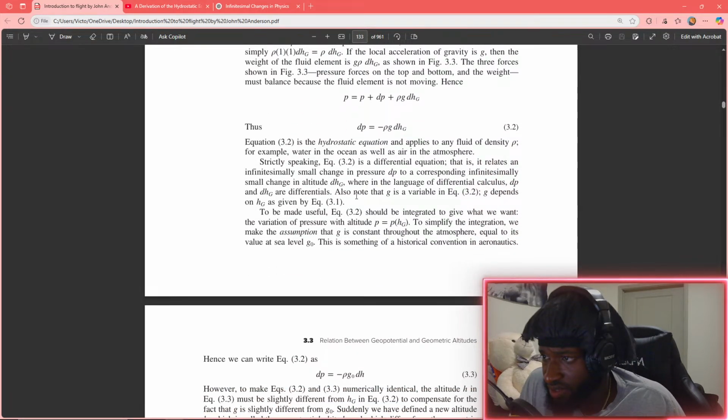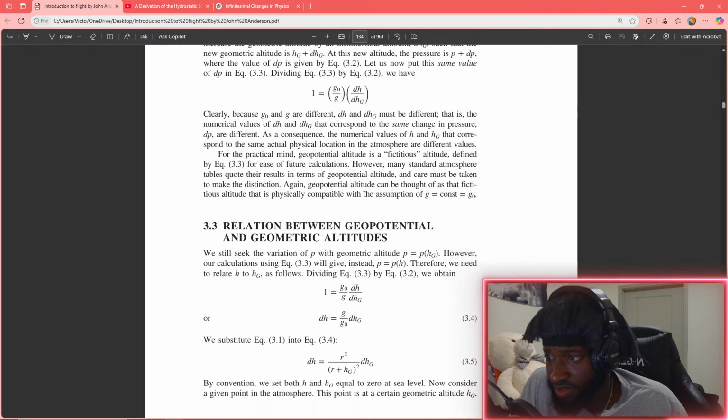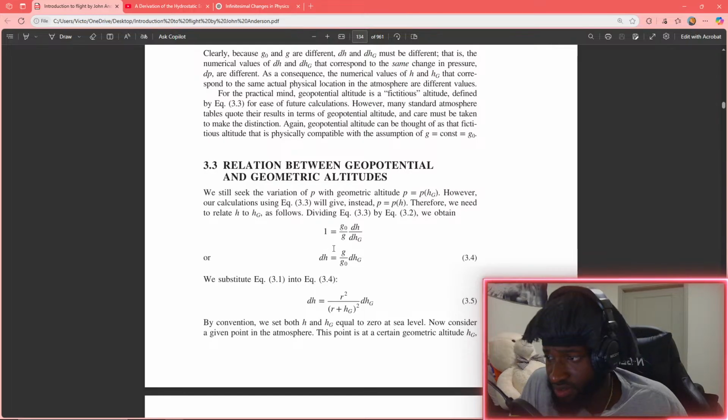We get g0 dh over g dh_G, right? Yeah. Or dh is equal to